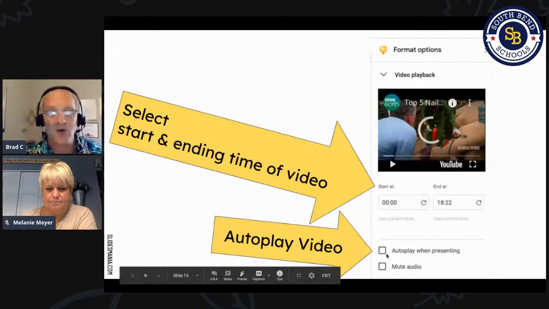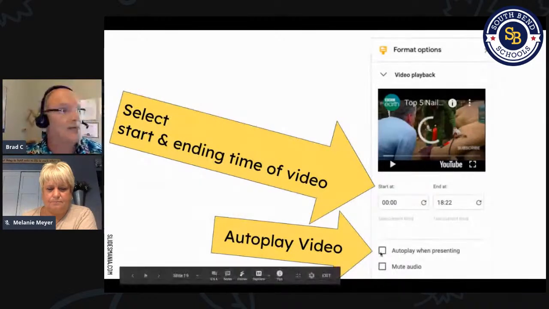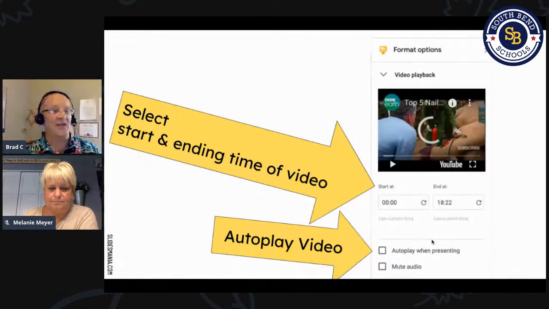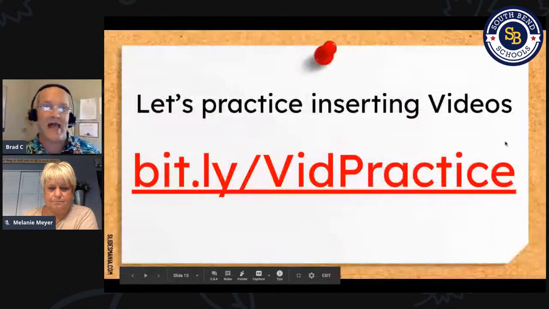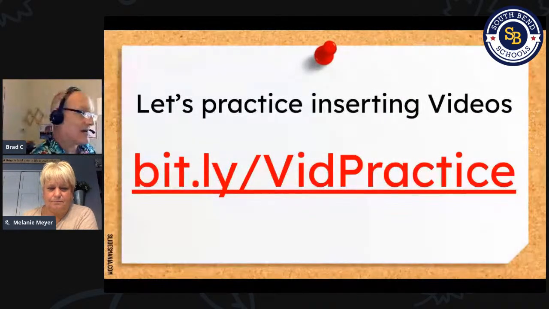You can also, when you present a slide, make the video play automatically when it's in presentation mode by just clicking this box down below. But the main feature for this asynchronous learning, when you're taking these videos that you have and you want to cut them down to just the part you want, this could be a really nice tool that you could use with your students. So with that being said, what I'm going to drop in the chat is a link to